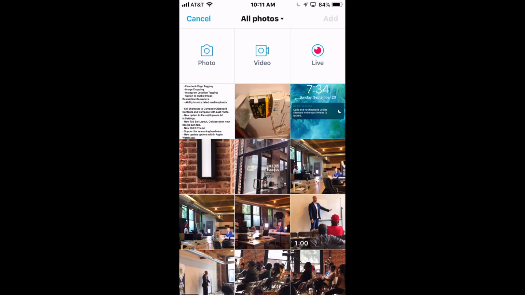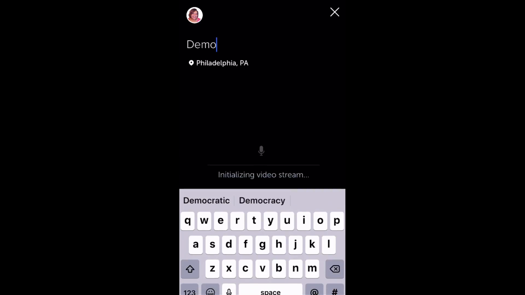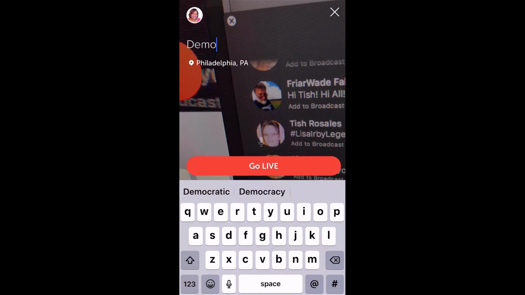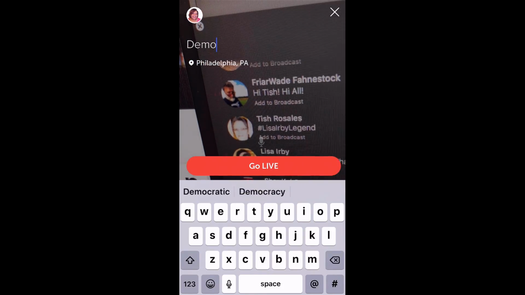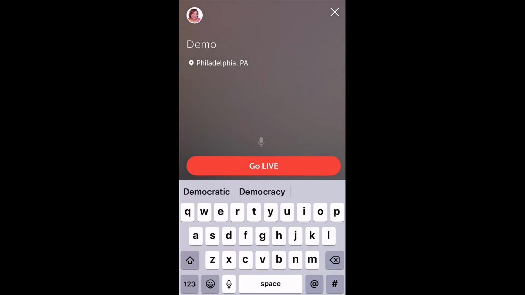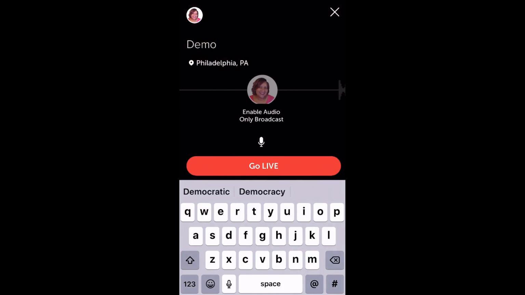Now I'm going to go to the live now. It looks like the Periscope logo, okay? So you're going to click that on. Now, it looks like I'm going to go live video, but that's okay. We're going to click that microphone. Let me make it so you guys can see the microphone. See the microphone right over the top of the go live? Click the microphone. So now I can go live via the mic. All right, so